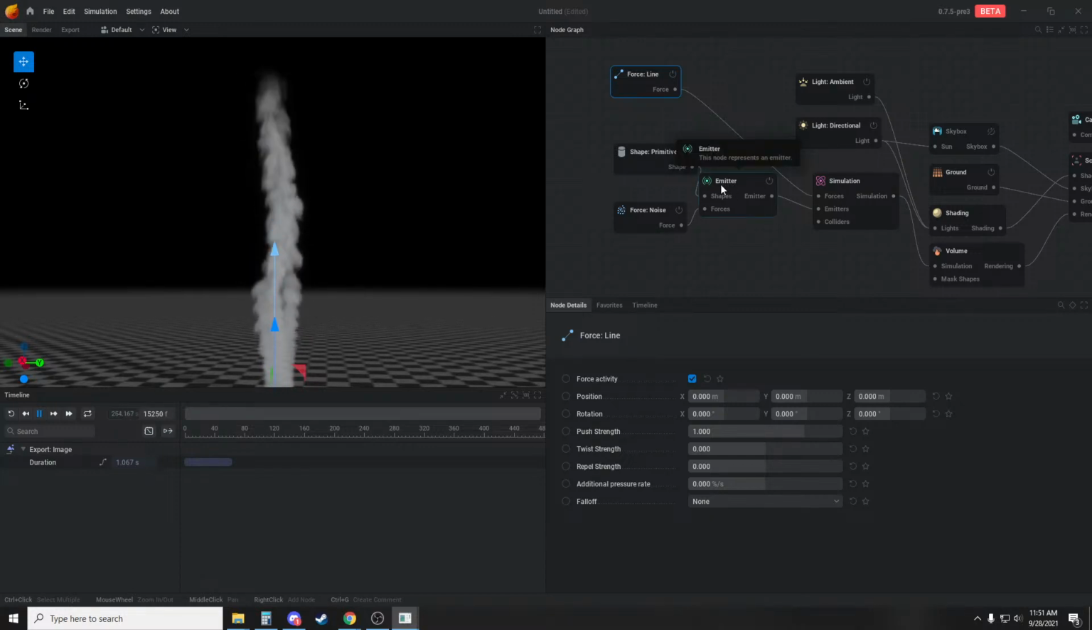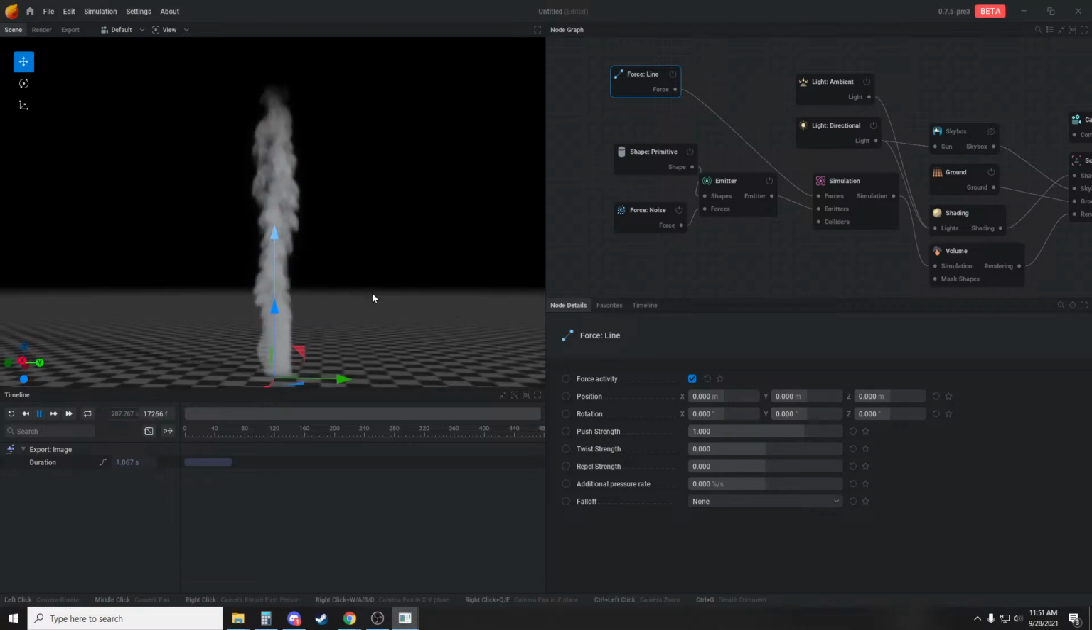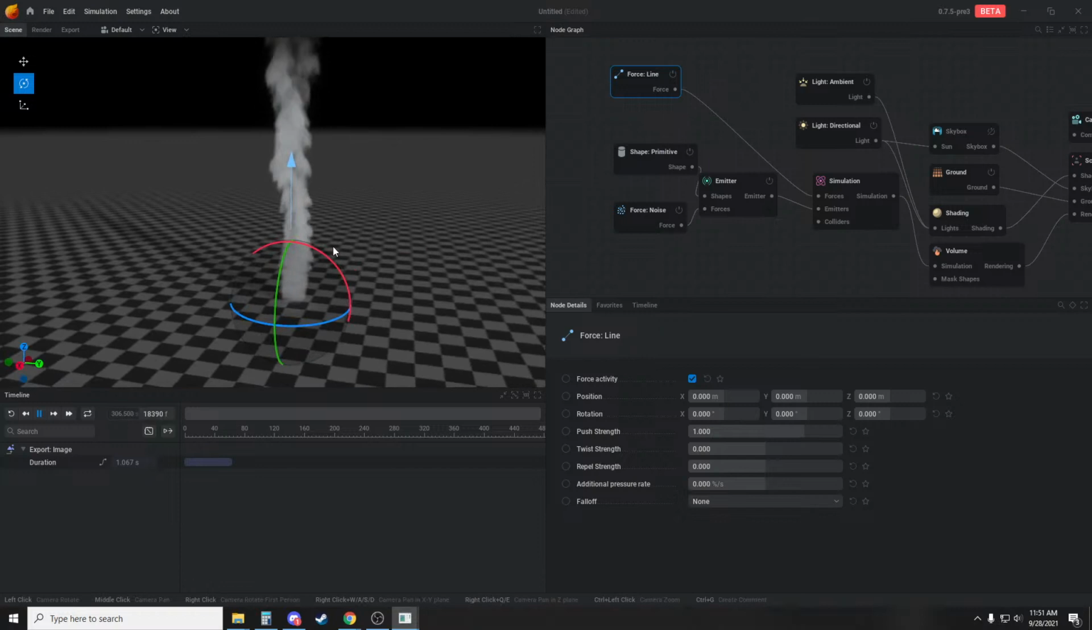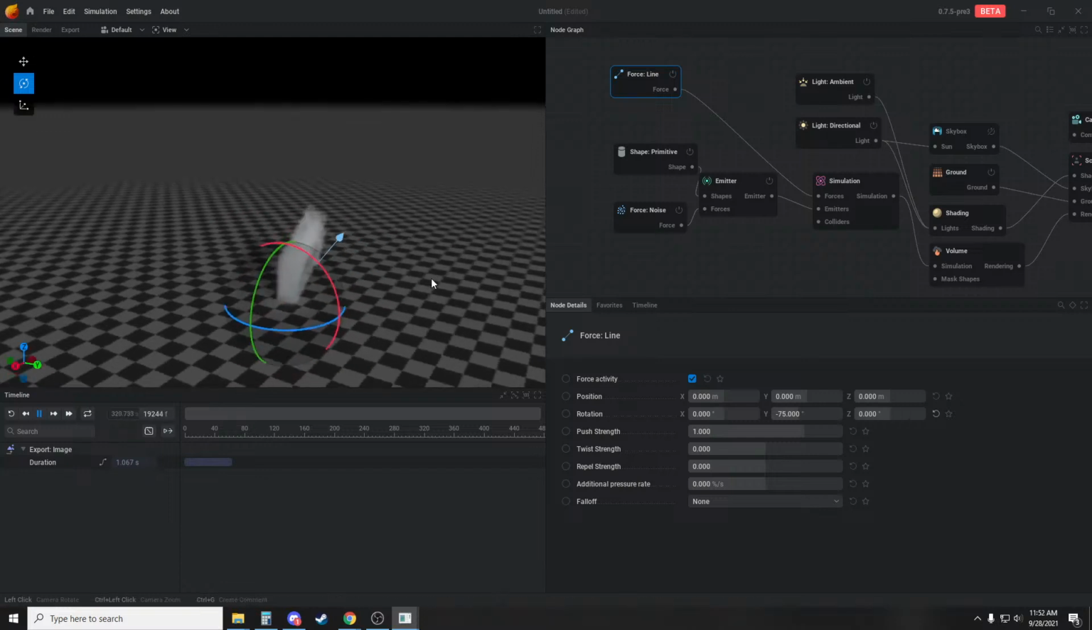So if you watched the previous live stream training, you know that the emitter acts as a mask for any particular force, but if you plug it into the simulation, it's going to affect the entire volume. So what we can do is we're going to go over here, and we can just press W, or you can click these little things over here, your gizmo selector. So I'm going to just rotate this, and I'm going to hold Shift so that I can get,